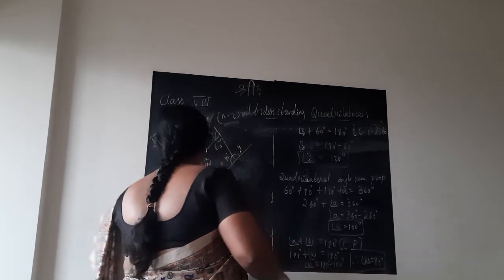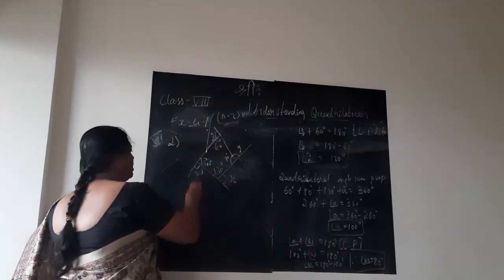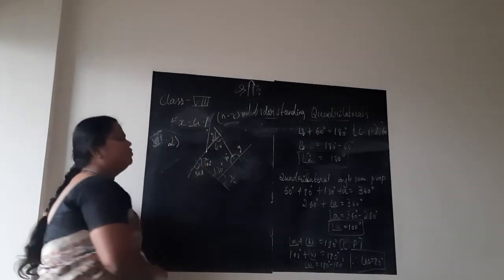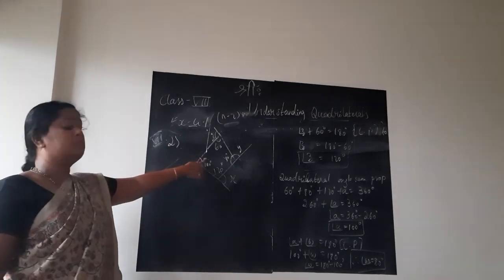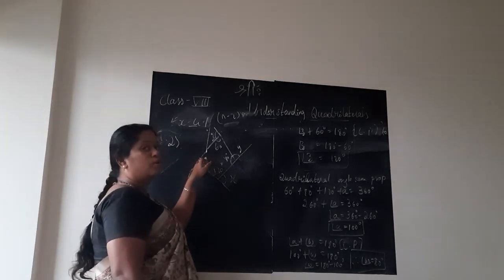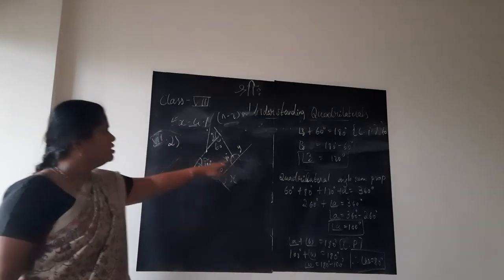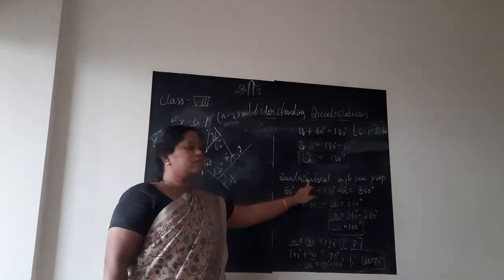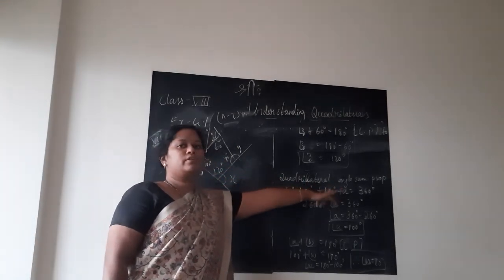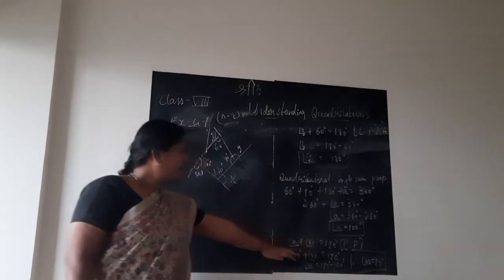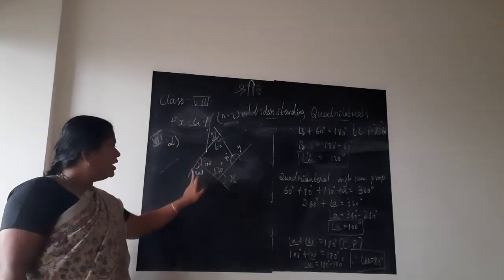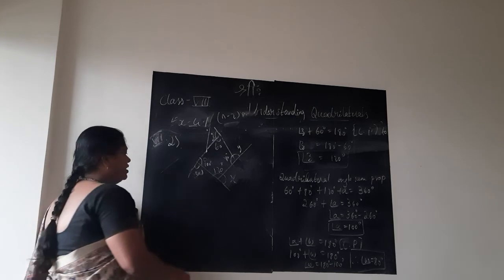Easily we found out angles X, Y and Z. But to find W, there was a small problem. Why? We knew two angles were unknown. That is the reason we used the concept of angle sum property of a quadrilateral, took their sum to be equal to 360 degree, found angle A, then applied the linear pair concept and found angle W.